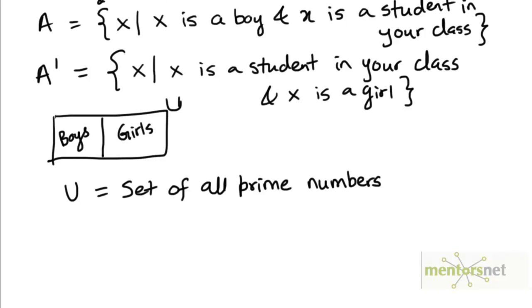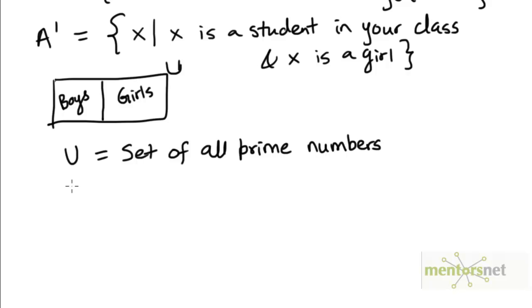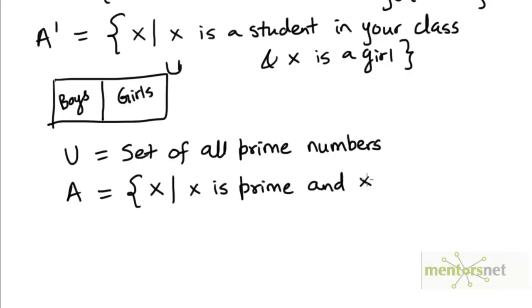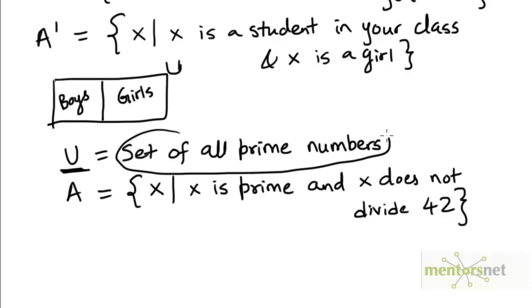Let's take another example. Suppose U is the set of all prime numbers and A is the set of all numbers X such that X is prime and X does not divide the number 42. So note that A is assumed to be a subset of U because we have defined a universal set here. So we don't have to specify that these numbers X will be positive, because it's understood from the definition of the universal set that we're only talking about prime numbers here. And we're talking about a particular subset of the universal set, A, which consists of prime numbers that do not divide 42. So in fact we could have even omitted this because it's understood that we're only talking about prime